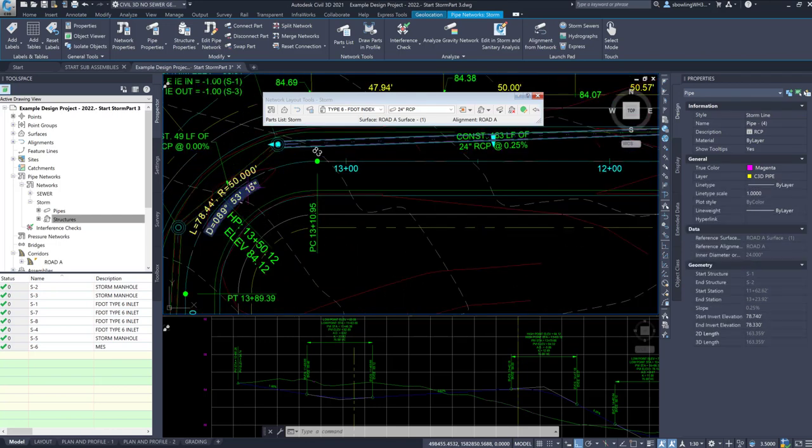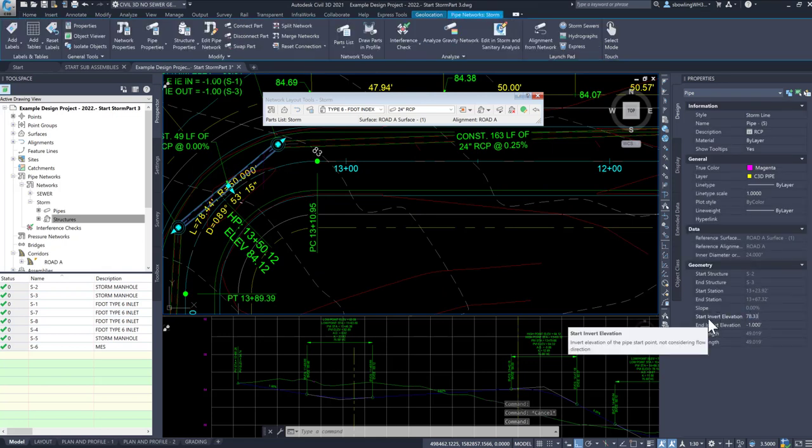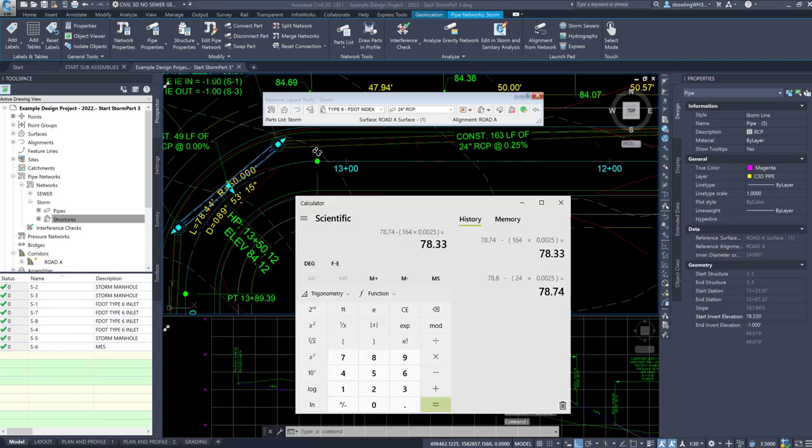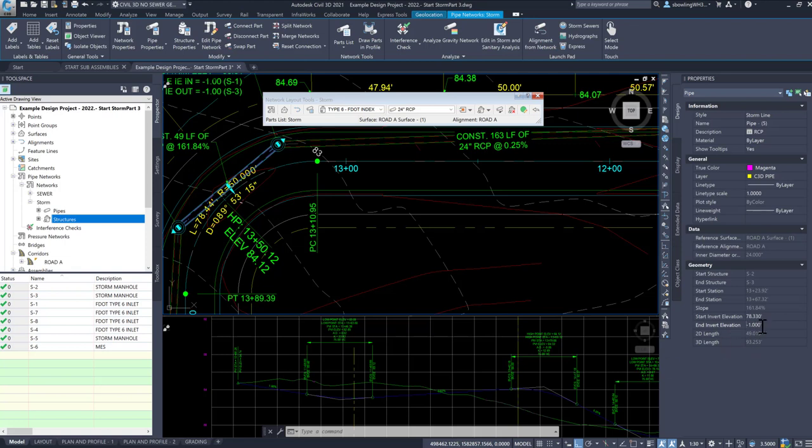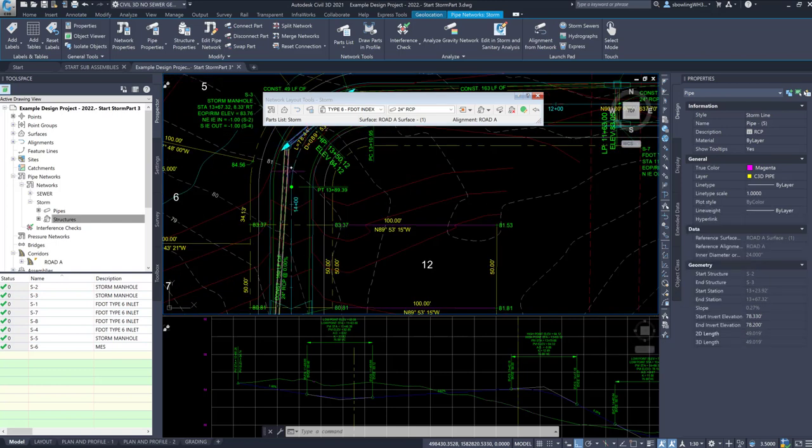All right, 78.33. So I'm going to take this one and go 78.33. And that length here is 49 feet, minus parentheses 49 times 0.0025, close parentheses, equals 78.20. Okay? So I'm going to take 78.20 here, start, 78.20, enter,